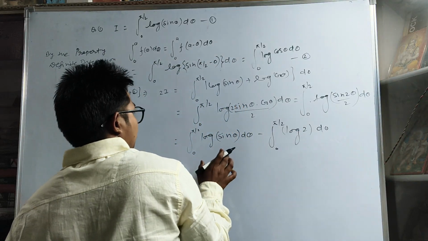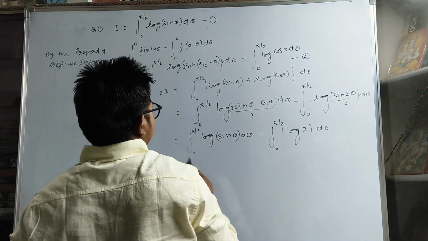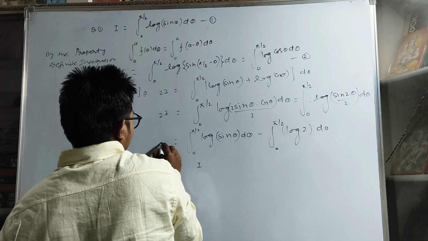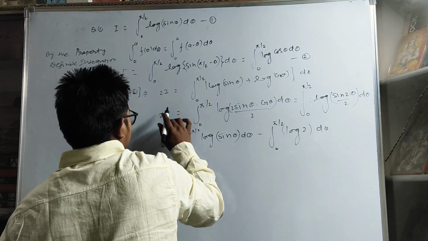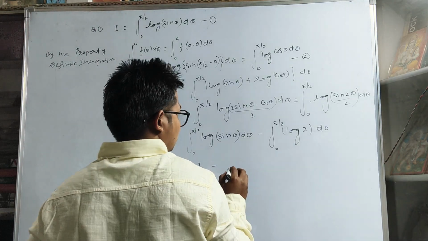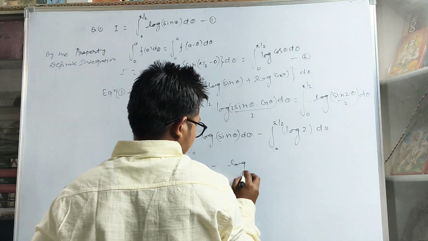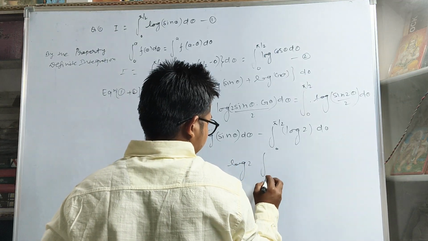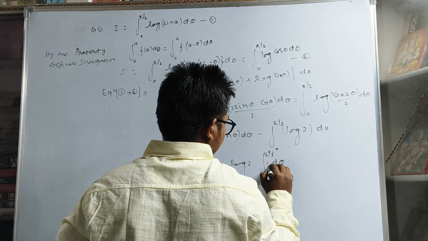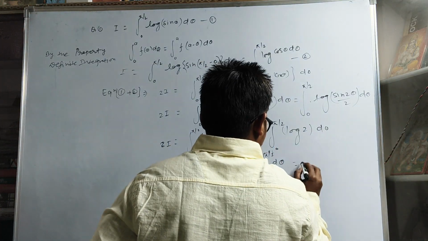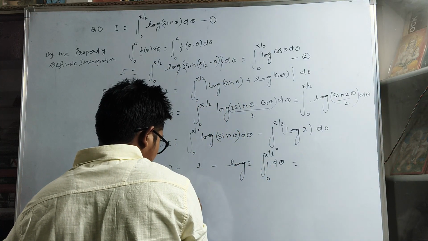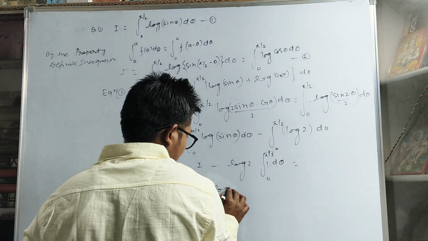And if we observe, this term is the original question, so we can write here I, and this is 2I. Log 2 is constant, so we can take it outside the integration 0 to pi by 2 of 1 d theta, and if we take it to the left hand side, this is 2I minus I, which is equal to minus log 2